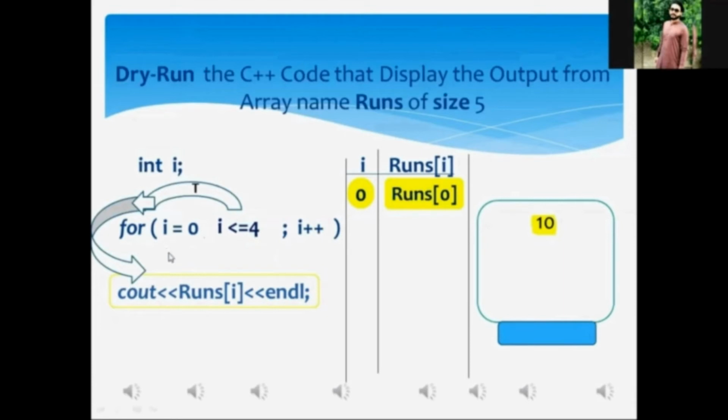My dear Aftab, after the execution of the for loop associated statement, that one is the cout statement, the control of execution will be shifted to the increment or decrement statement. Did you get here? Getting, sir.